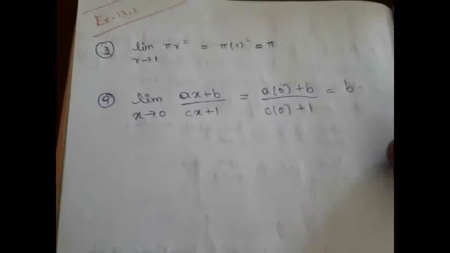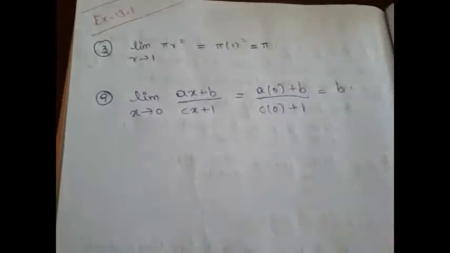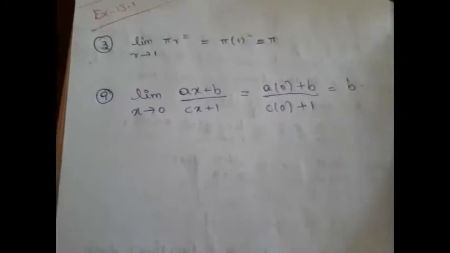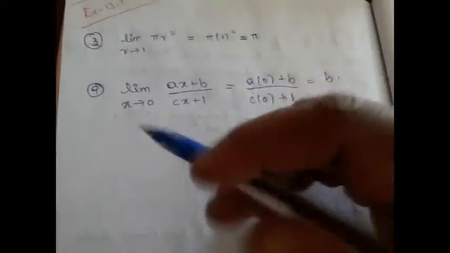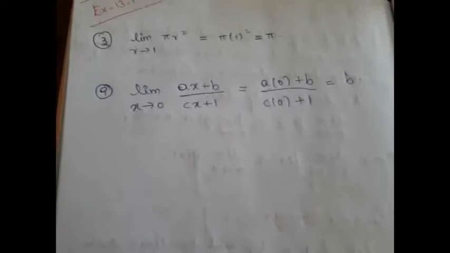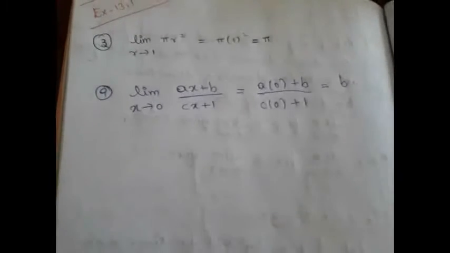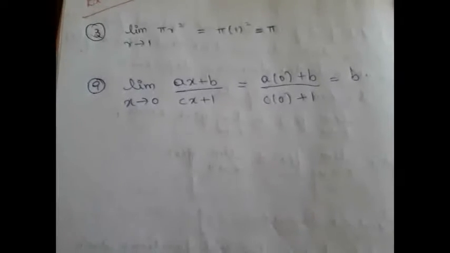So while solving problems, it may look like we are really substituting the value in the place of the variable. But the actual meaning is not merely substituting. What does it mean? What will happen to the function if the variable approaches the value? Why are we then substituting the value? For that only we have seen so many theorems where limit x tends to a, f of x will tend to f of a, right? So based on that theorem only we are doing these problems. Now let us see how we can solve our next question.